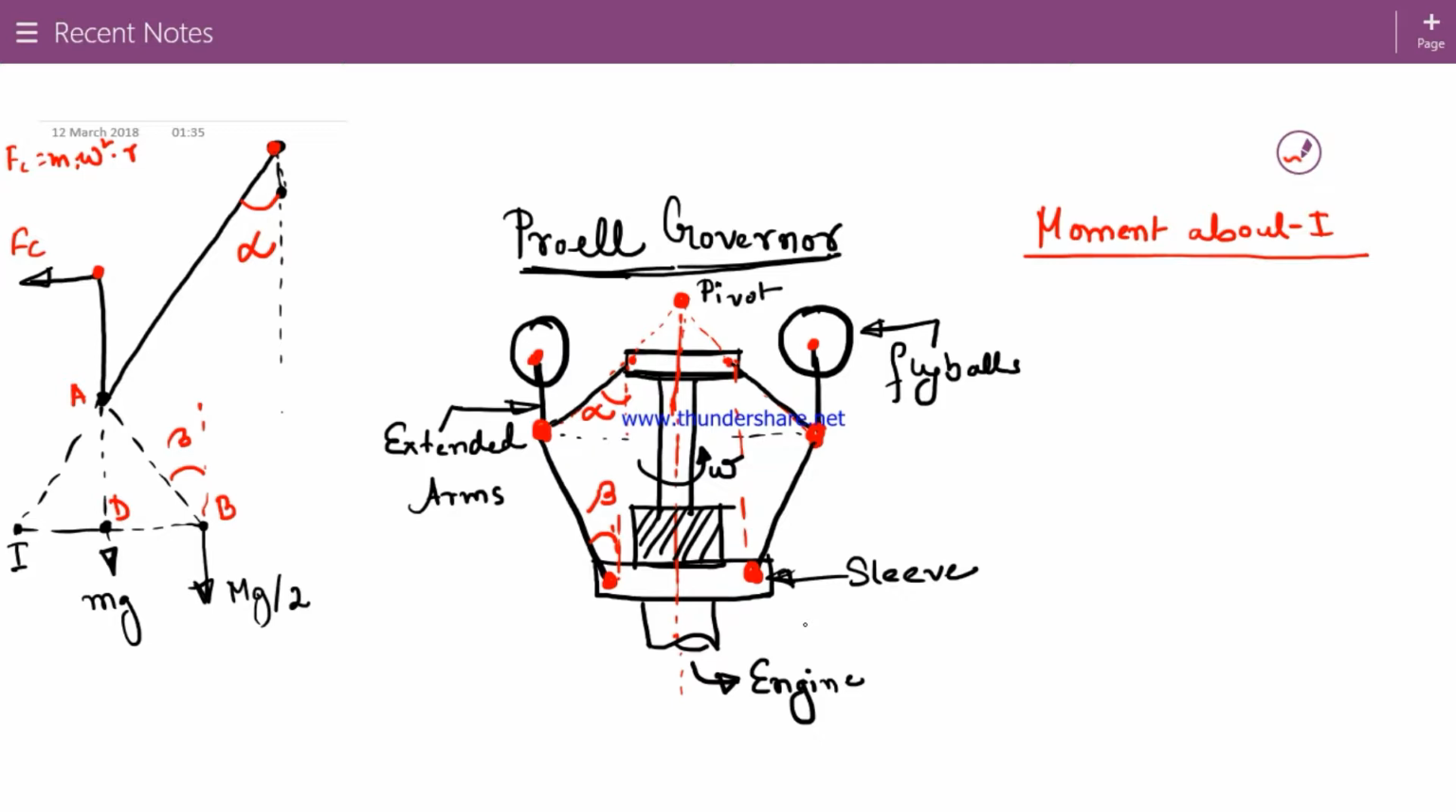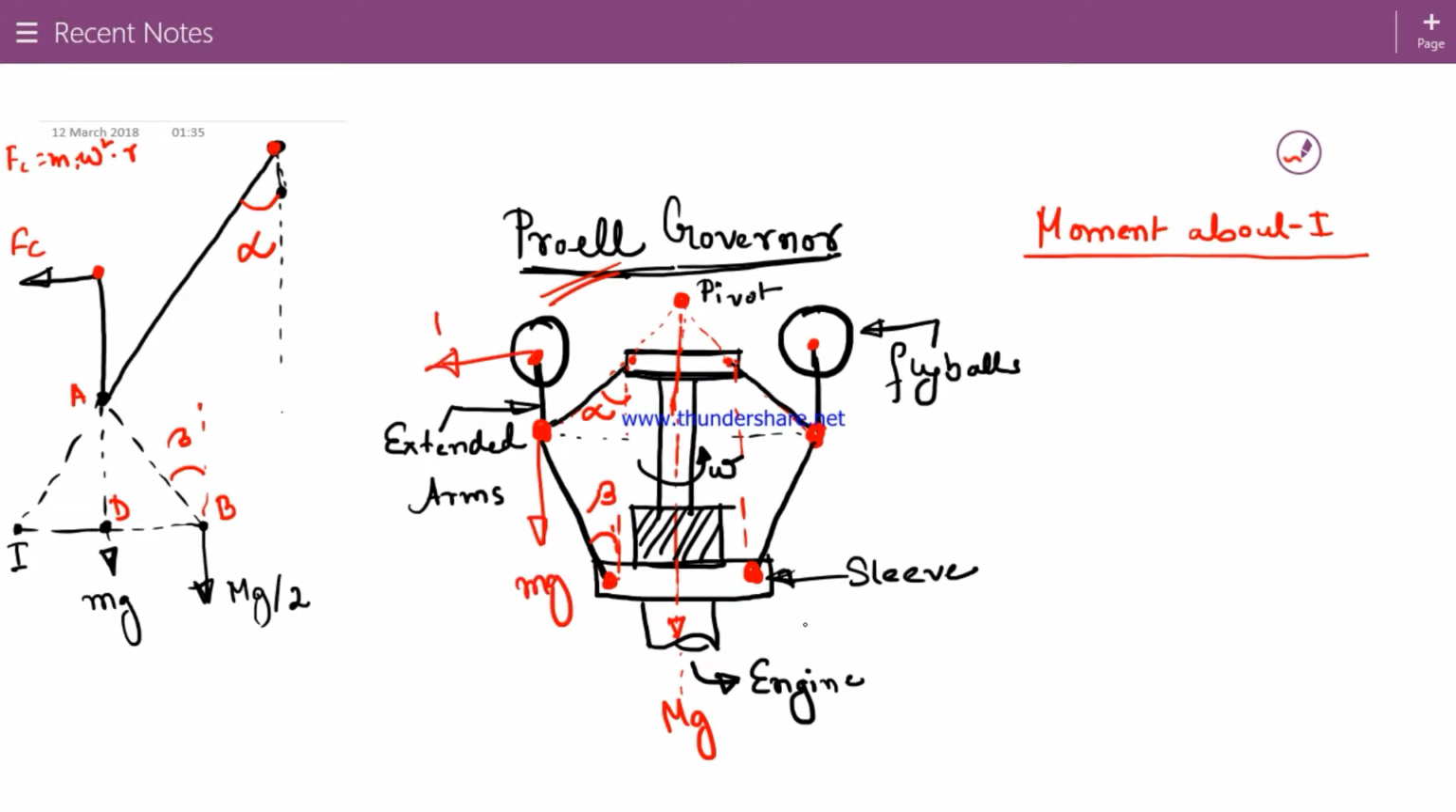So let's get into the topic of the Proell governor. As we have seen in the other two governors, the Watt governor doesn't have a mass, the weight of the sleeve, but in case of the Porter governor we have seen the weight of the sleeve is considered. In this case also, as in the Porter governor, we will be having a sleeve of mass that is nothing but capital Mg, and the ball weight will be nothing but small mg, and